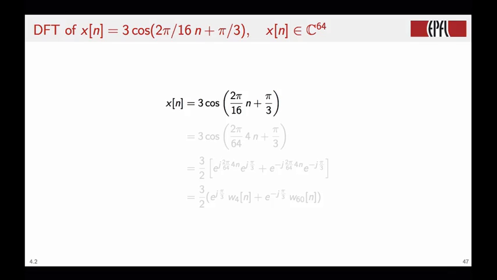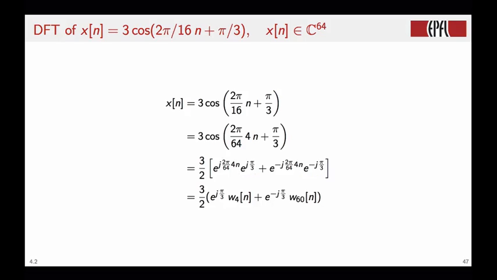Here we take the same cosine as before, but we add an initial phase. So we take 3 times the cosine of 2 pi over 16 times n plus pi over 3. The first thing we do is to express the frequency of the cosine as a multiple of the fundamental frequency for the space. We're still in C64. Then we use Euler's formula and we decompose the cosine as the sum of 2 conjugate complex exponentials. And we can take the phase term out of the complex exponential as a complex scalar multiplicative factor. So then we can use the same trick as before to bring this negative frequency into the 0-63 range,